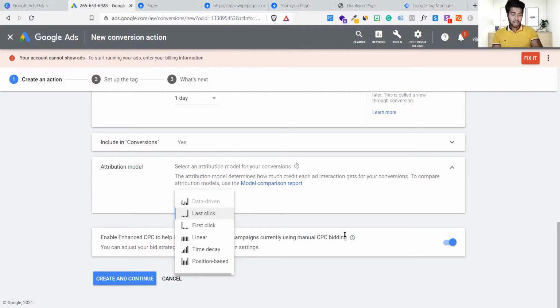Okay, and to be honest, I'm not going to tell you about each one of them right now, because if I tell you now itself, it will take 1 hour to make you understand how attribution models really work and how these things get counted. But for your information, let me quickly tell you which attribution model we use. Okay, last click gives all the conversion credit to the last clicked ad.